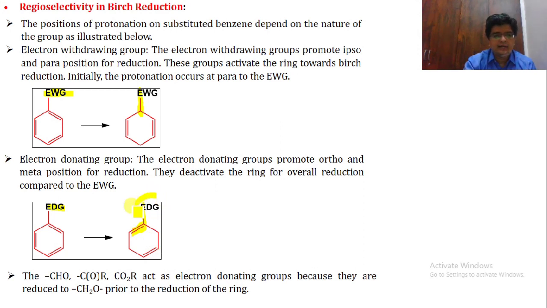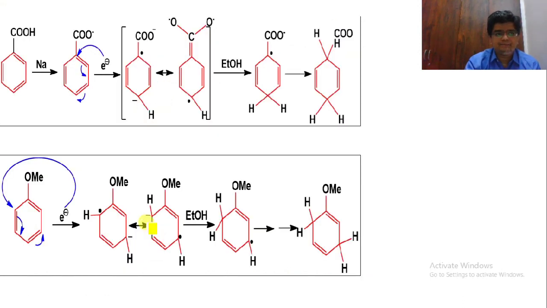So now this is the main difference between electron donating group and electron withdrawing group. In electron withdrawing group, here we have the sp3 carbon, and here we have the sp2 carbon. Now let us understand by its mechanism. Suppose we have benzoic acid, and now when it reacts with sodium, what will happen? As we know, the COOH group is an electron withdrawing group, so it will withdraw electrons from the ring. So now when this electron attacks over here, this will migrate over here, this will make a negative charge.